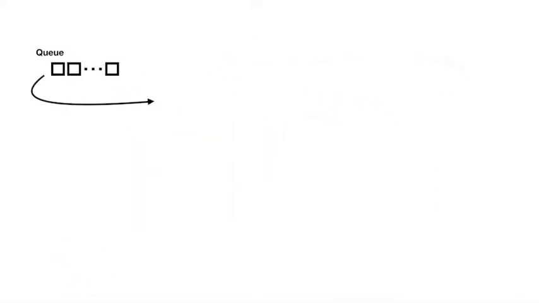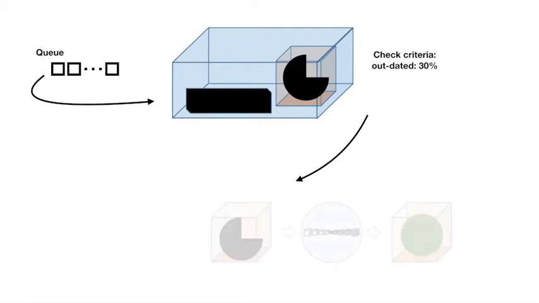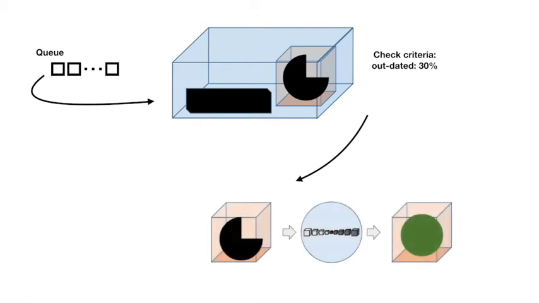Each submap in the queue is then filtered by checking the percentage of the outdated voxels within that region. A voxel is considered outdated if the difference between the time step of the voxel and the system is larger than 30 steps. A submap is discarded if the percentage of the outdated voxels is below 30%. If a submap passes the criteria, we extract the local information and use it as the input of our network